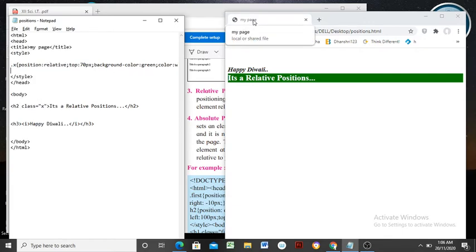Suppose I am going to apply the next property as text decoration. Text decoration has values such as overline, underline, line-through. Okay, suppose I am giving here line-through. See here what will happen.